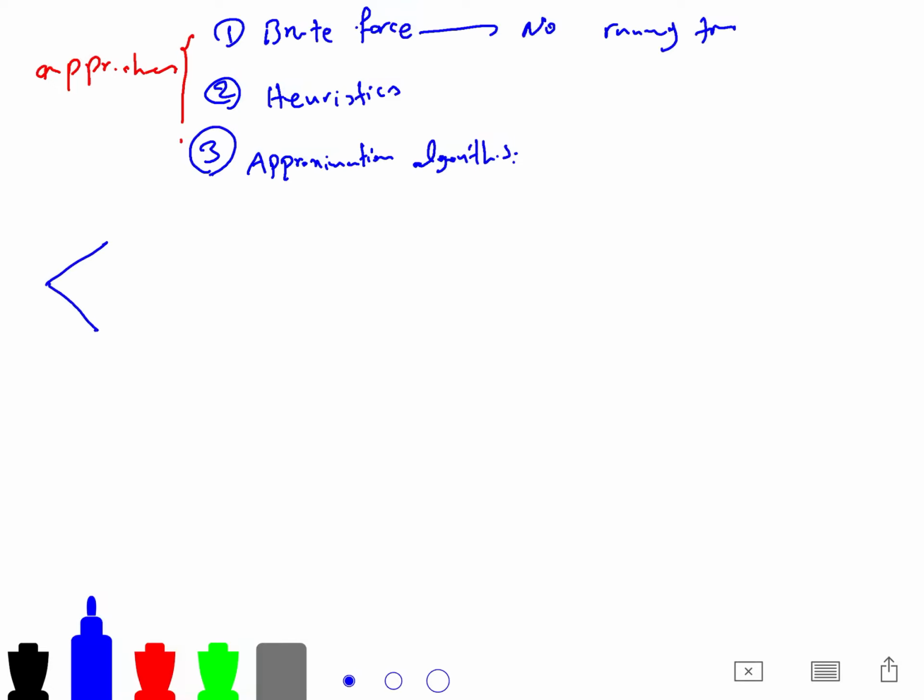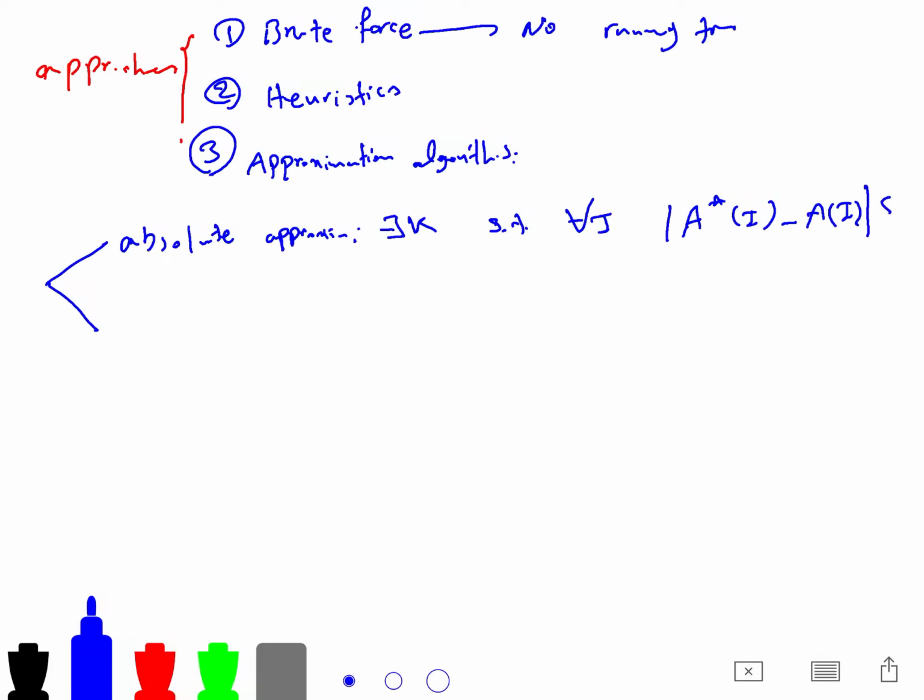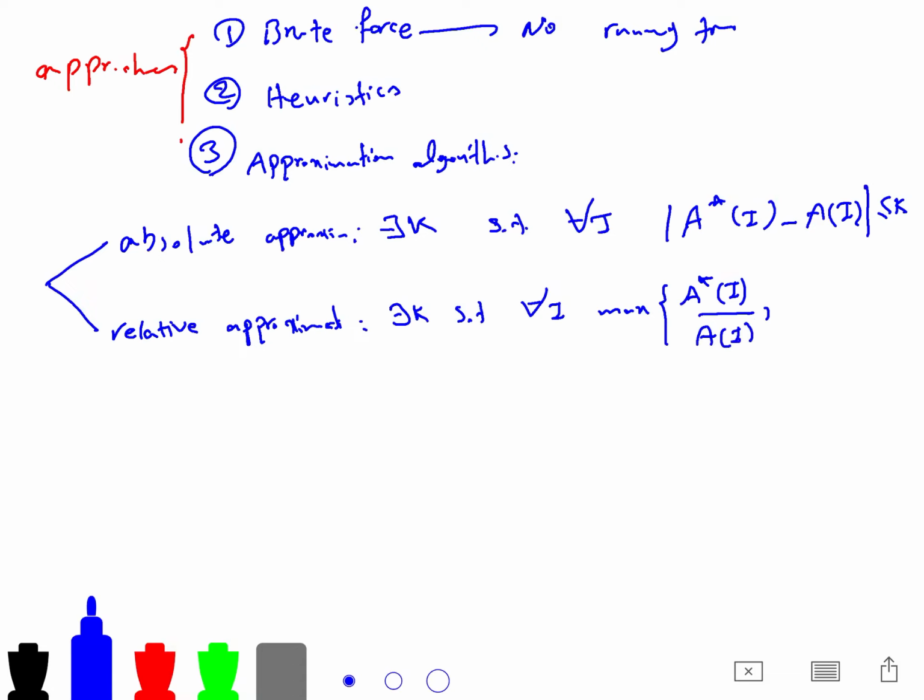And of course, there are two different definitions for what we mean by approximation. The first one is absolute approximation, which means that there exists a k such that for any instance I, A star of I, the optimal value of instance I, minus the value A of I is less than or equal to k. And we have relative approximation, which means that there exists k such that for any instance, the maximum of A star of I over A of I, and A of I over A star of I,